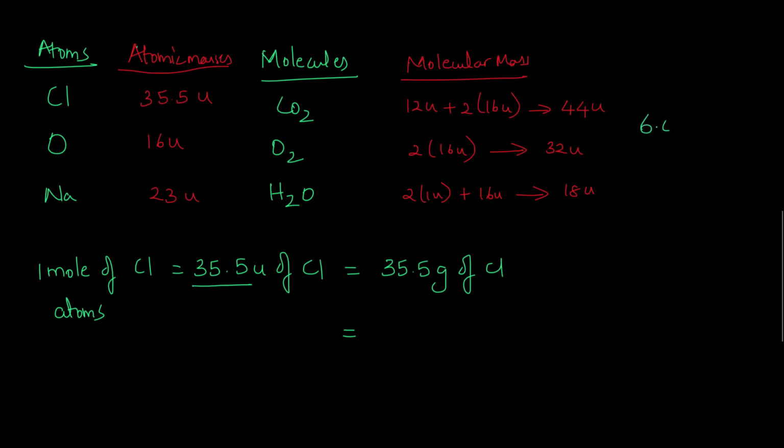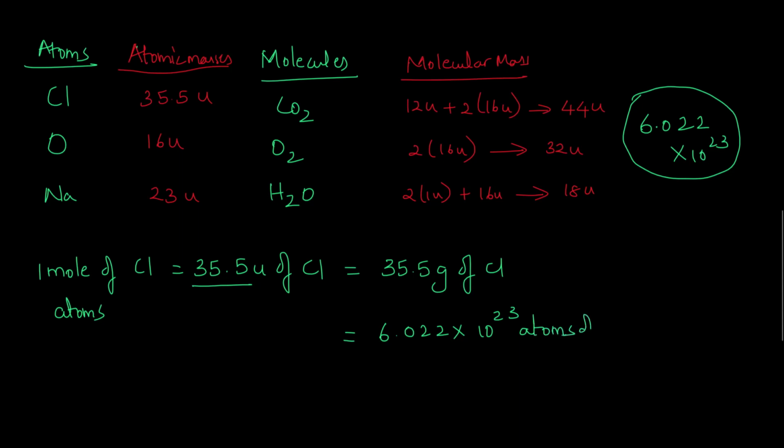The number to be remembered is 6.022 into 10 to the power of 23. This number you have to remember always. This is Avogadro's number, given after a scientist called Amedeo Avogadro. So 35.5 grams of chlorine will have 6.022 into 10 to the power of 23